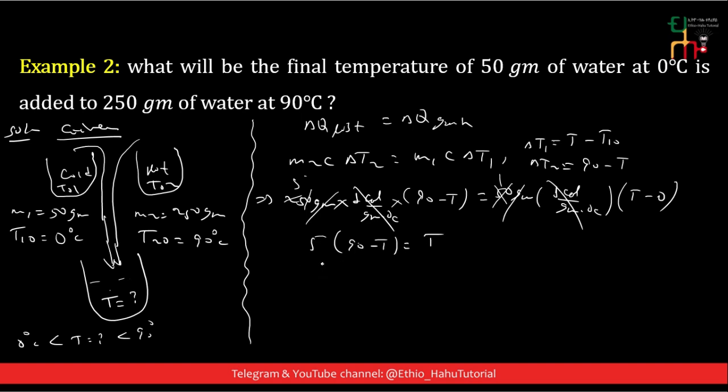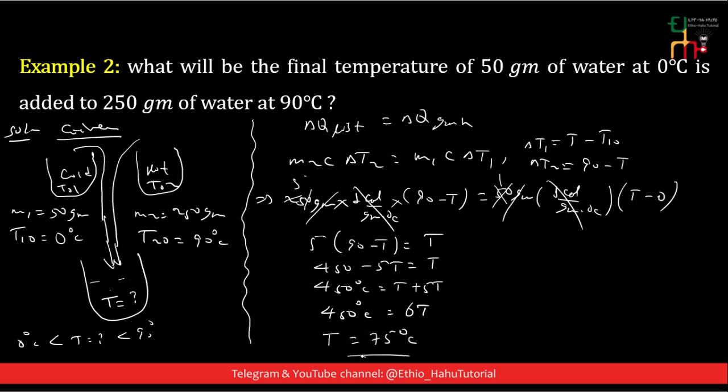5 times 90, 450, minus 5 times T, 5T, is equal to T. If we bring this minus 5T to the right, 450 degrees Celsius is equal to 5T plus T. 450 degrees Celsius is equal to 6T, and dividing both sides by 6, T is equal to 75